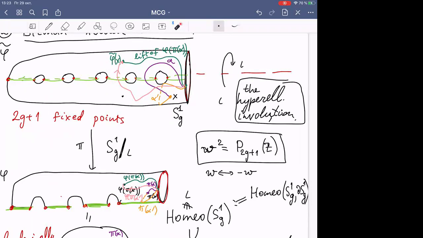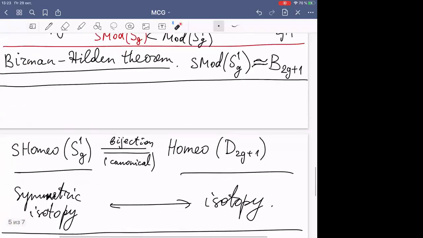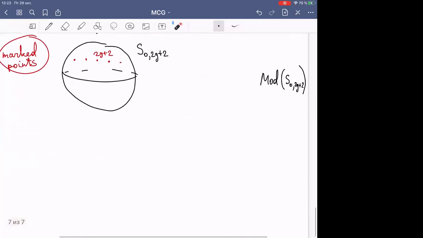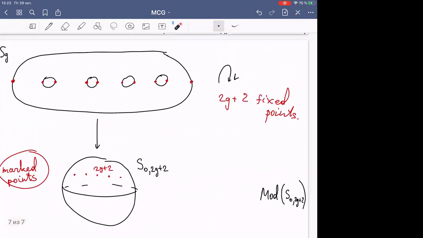Hence, we do not know how to start when we try to lift a homeomorphism downstairs to a symmetric homeomorphism upstairs, then we have two possibilities now to do this. And indeed, in this situation, the hyperelliptic involution iota itself belongs to symmetric homeomorphisms of our